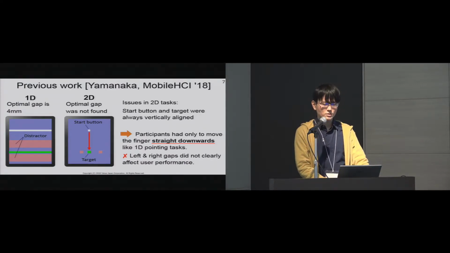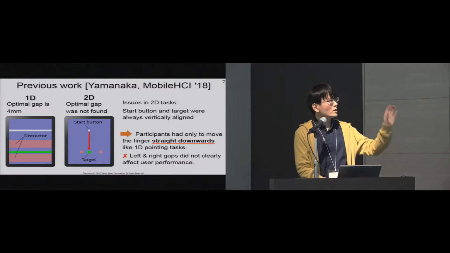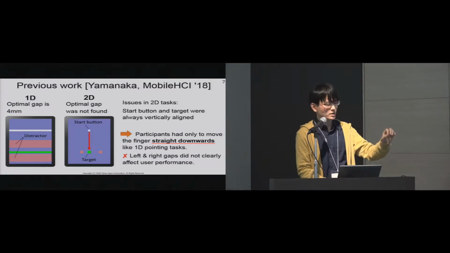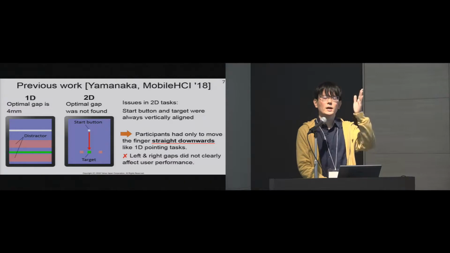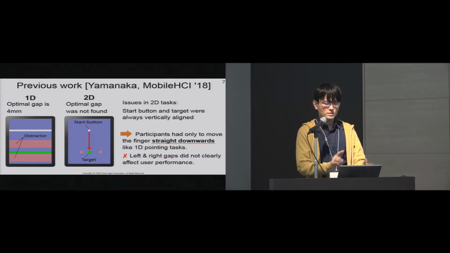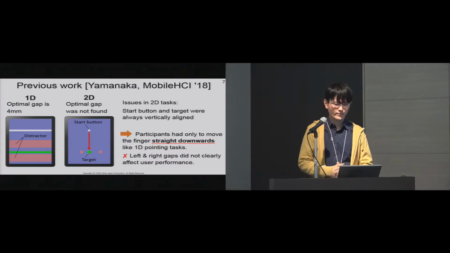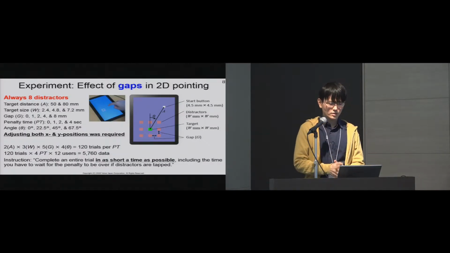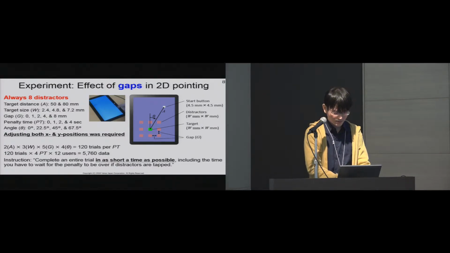In the 2D condition, the white start button and the green target were vertically aligned. So participants just had to move their fingers straight downwards, like 1D conditions. So the effect of gaps on the left side and the right side were not clearly observed. Therefore, in the present study,